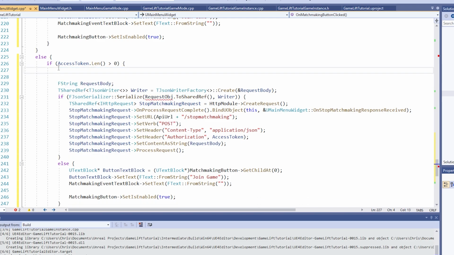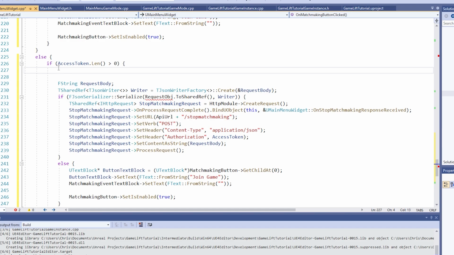And remember that code we wrote earlier to get the average player latency. This is where that comes into play, because like we mentioned earlier in the tutorial series, GameLift has a backend process called Fleet IQ that uses player latency data from multiple regions to help determine which fleet to place a match on to best minimize the average player latency across all players. Now in this tutorial, we are only getting the average latency from one region to keep things simple, so it won't be obvious what Fleet IQ is doing in this tutorial, but after making this request body JSON object, you should have an idea of how to send latency data for more than one AWS region to a call